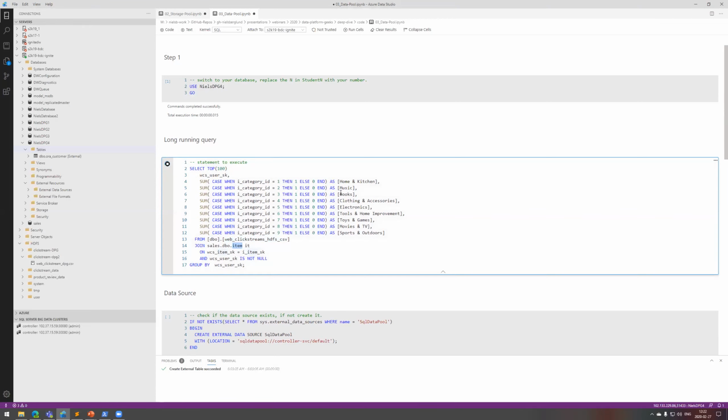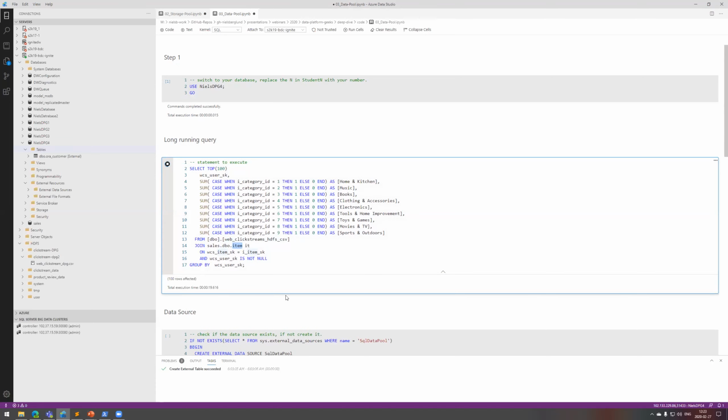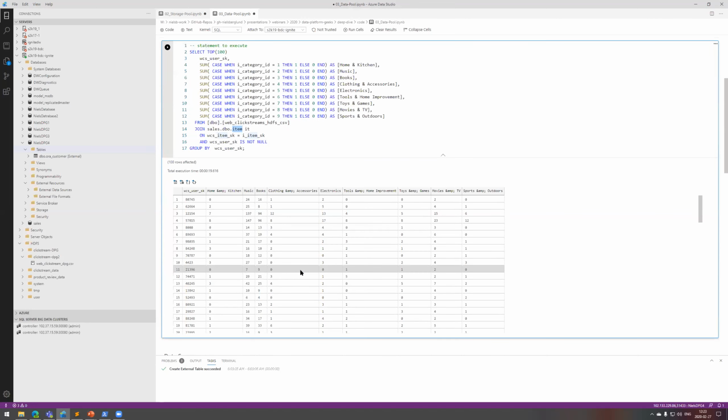The thing here is that, especially when we are using data sitting in Hadoop, the performance may not be the best, right? And here we're saying a fairly simple query,